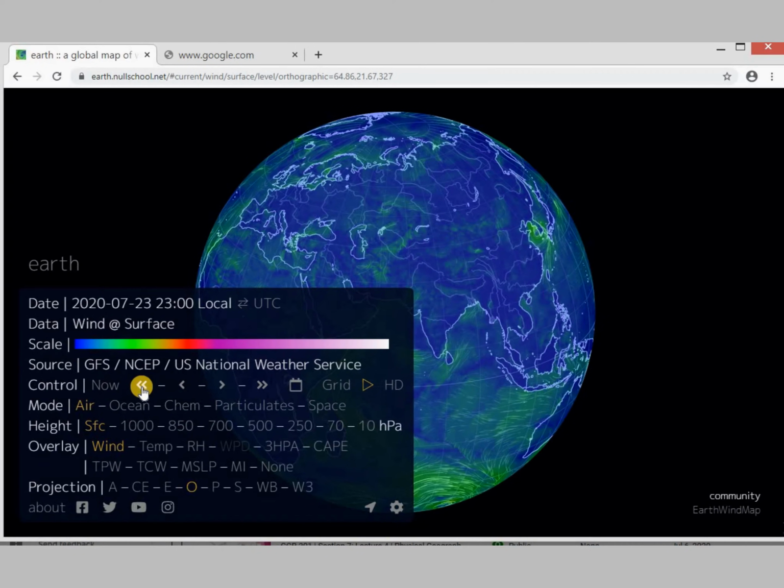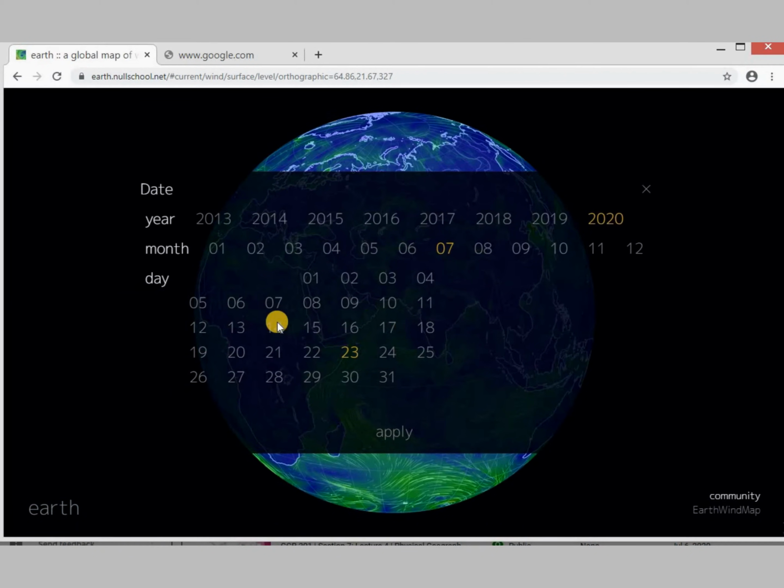So these double arrows will take us to 1 day earlier, while this single arrow will take us to 3 hours earlier with the weather situation. This will take us 3 hours ahead, and this will take us 1 day ahead, and from that grid we can select the date of which we want to find out the data. So it's a very rich source of climate data.